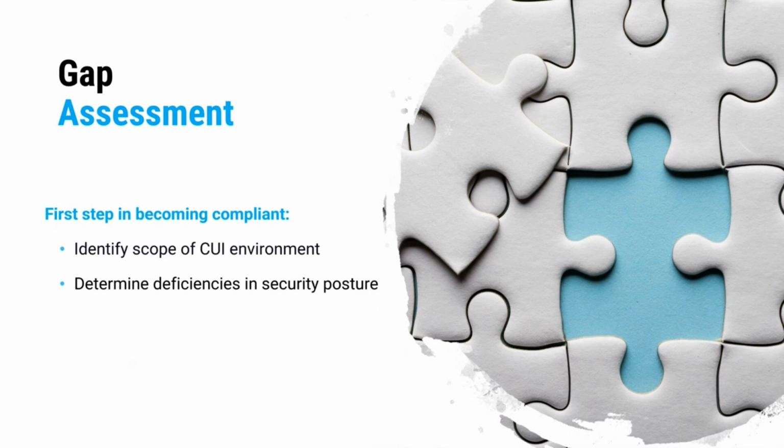You're going to identify any deficiencies, and it's really important to think about total scope here. If you're looking at something like multi-factor authentication, does multi-factor authentication apply to every system where CUI resides? Is it just your mail system? Is it just your local computer login? You could say yes to that, but you also need to think of different things such as VPN connections and third-party services, any other hosted systems, etc. So you always need to be thinking about scope when you're looking at that gap assessment.